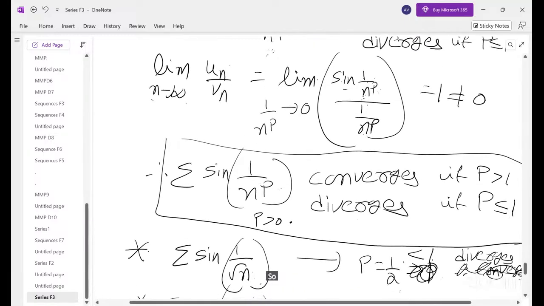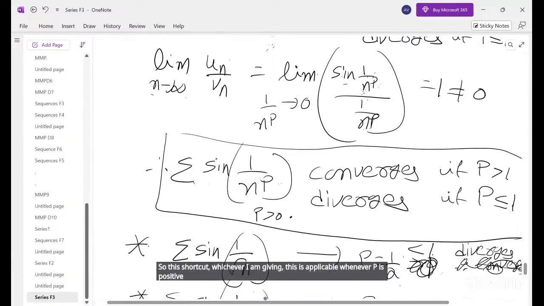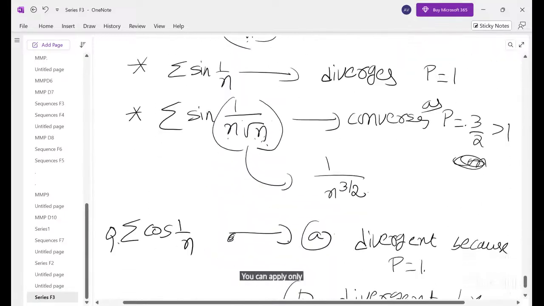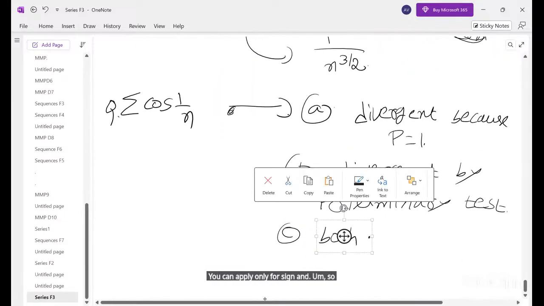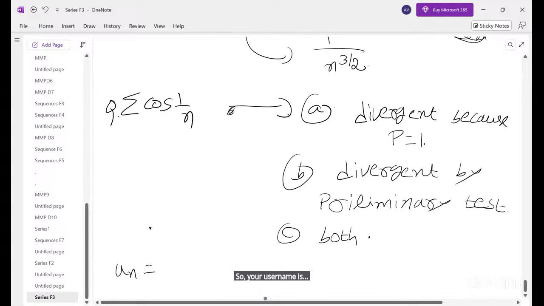This shortcut is applicable whenever p is positive, for sine and tan, because it is based on the fact that when p is positive, 1/n^p goes to 0. But cos theta by theta is not 1, so we cannot apply this test for cos. Whenever cos comes, go for the preliminary test. So your un is cos(1/n). As n tends to infinity,